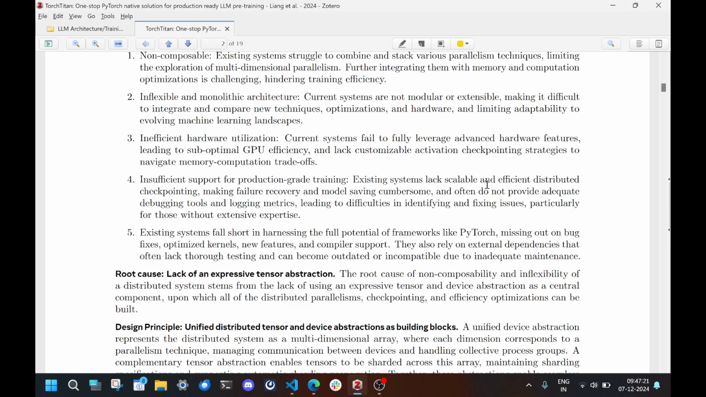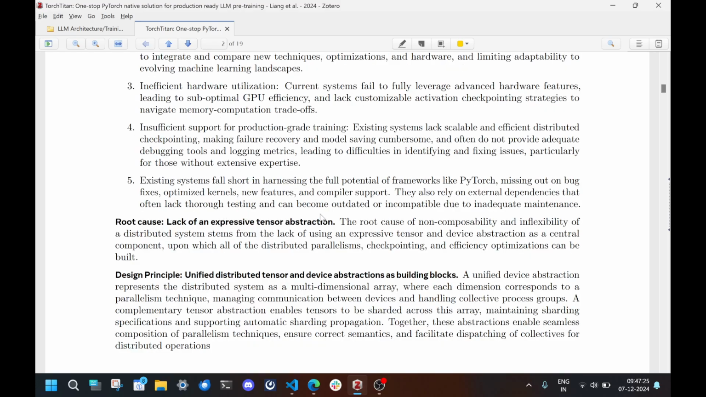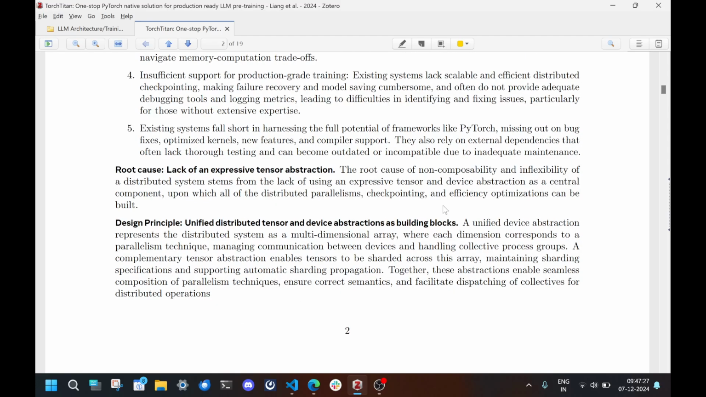So the root cause is the lack of an expressive tensor abstraction. The root cause of non-composability and inflexibility of distributed systems stems from the lack of an expressive tensor and device abstraction upon which all of distributed parallelism, checkpointing, and efficiency optimizations can be built. All right, fair enough. If you don't have this, then you need to continuously adapt your